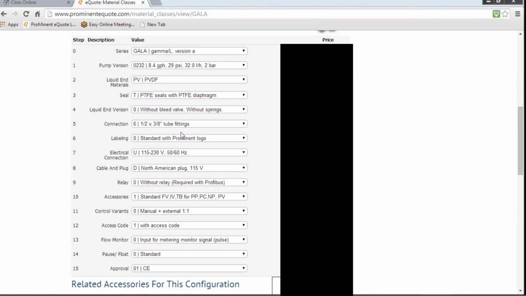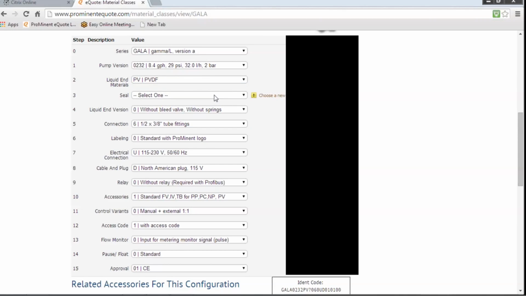You'll see as I go through, you'll see the price adders over here for what options include. You can tell, different liquid ends are different prices, and you can kind of base that off your chemical and give them